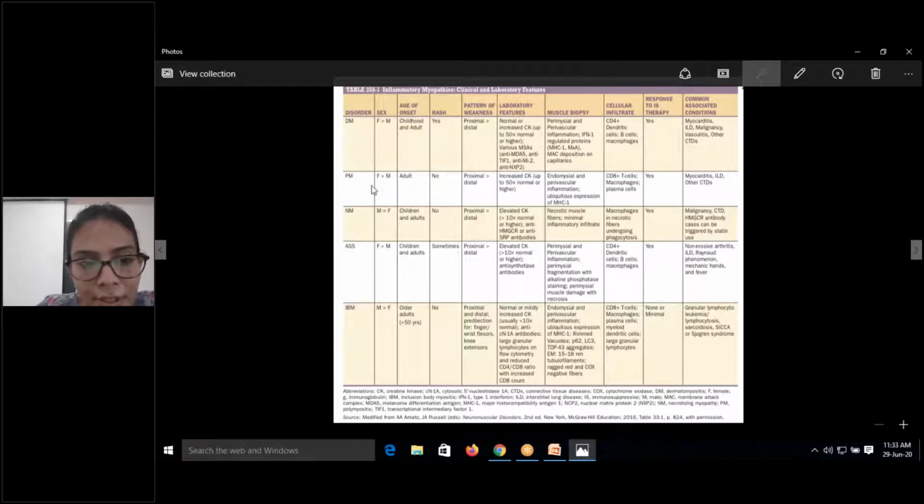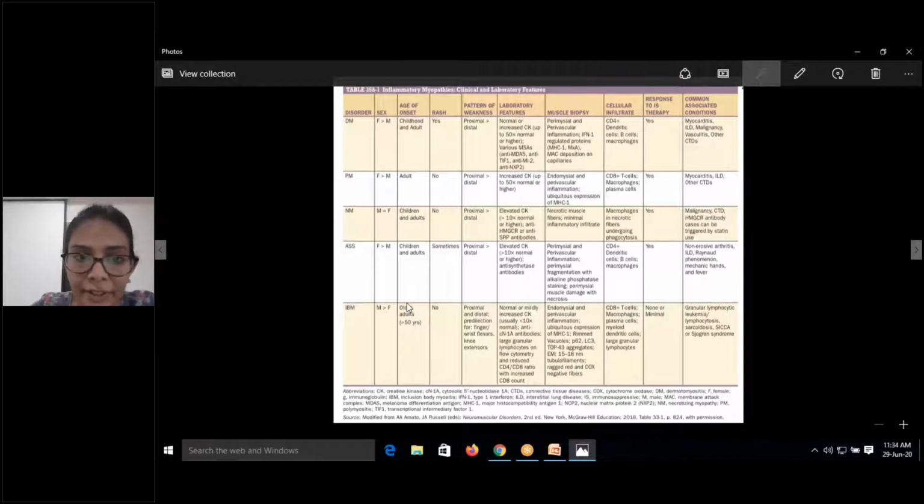Usually, dermatomyositis and polymyositis both have a female preponderance. You see more in females. Whereas dermatomyositis you see in childhood, in polymyositis it is seen in adults. Okay, but it is not after 50 years. Whereas inclusion body myositis you see in males, and it is usually more than 50 years. Okay, so that is how you differentiate according to the age and gender, which persons are the ones who are affected.